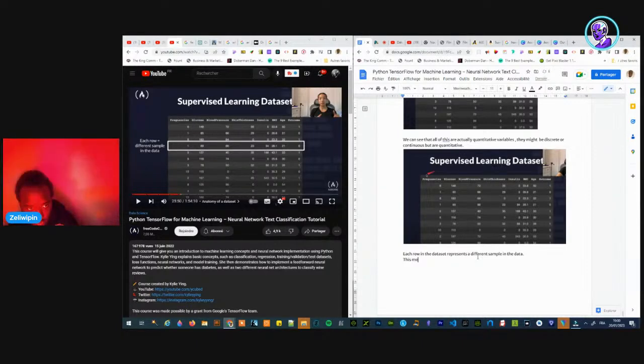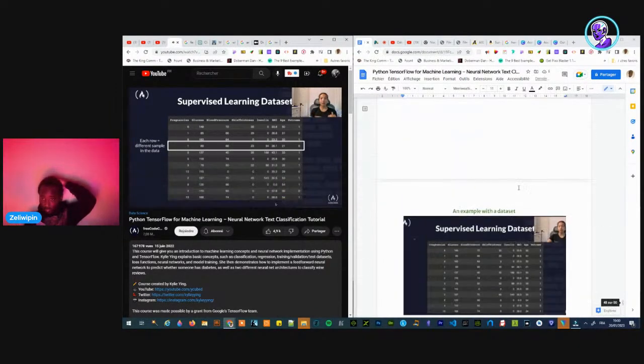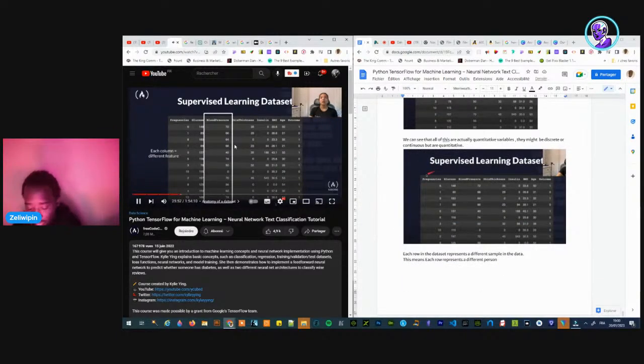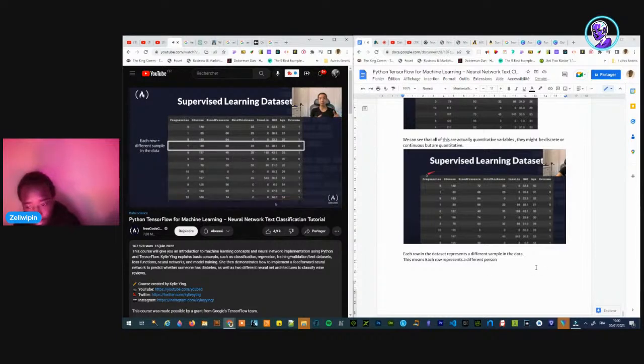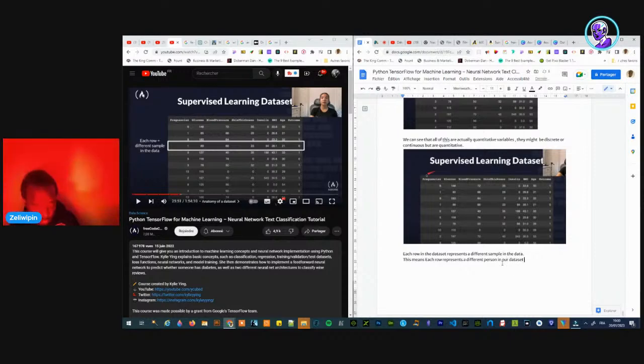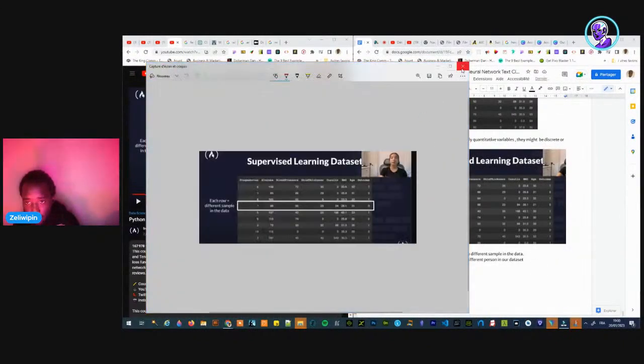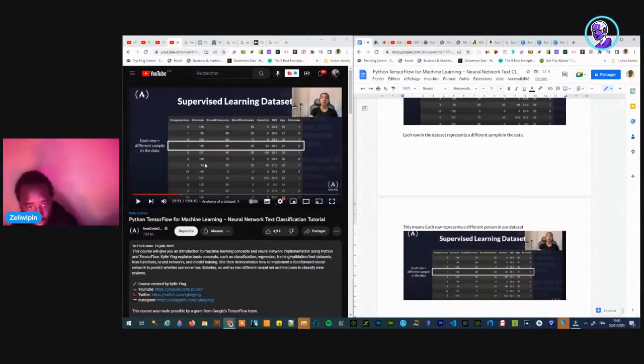This means each row represents a different person. Each row represents one person in our data set. Yeah, I get it. It's clear.